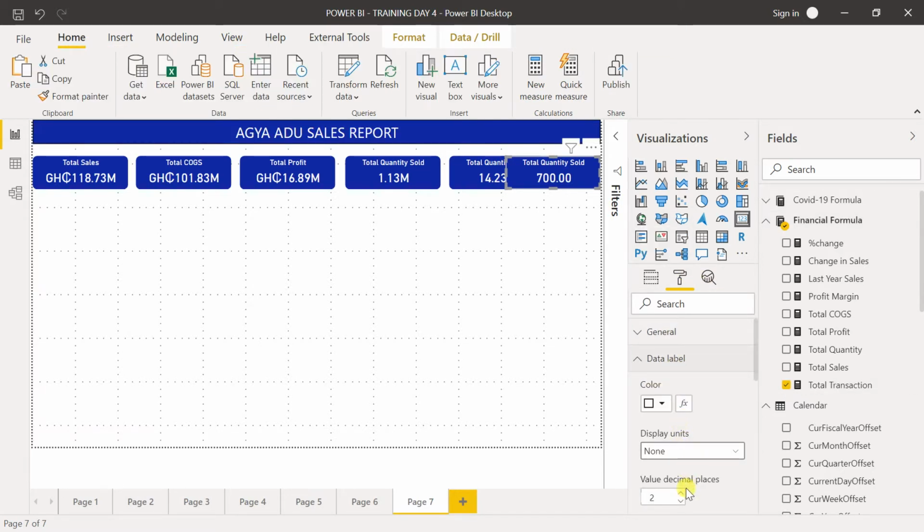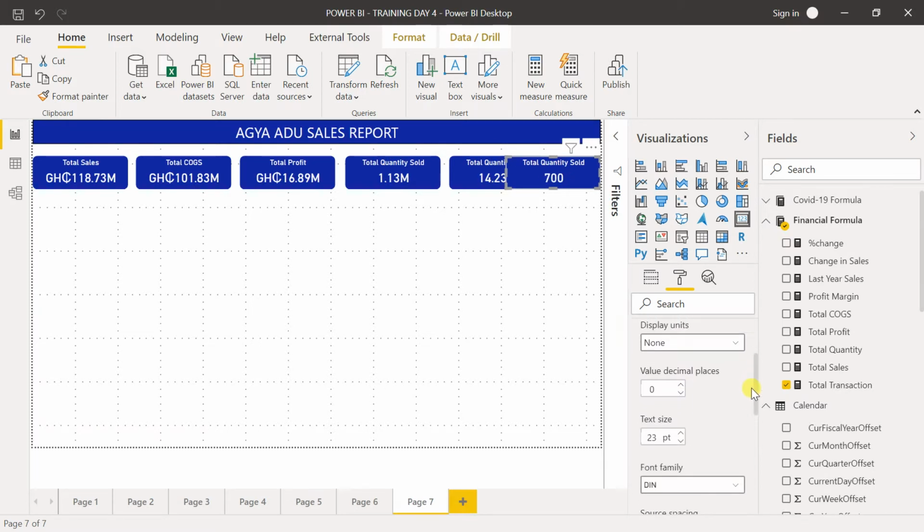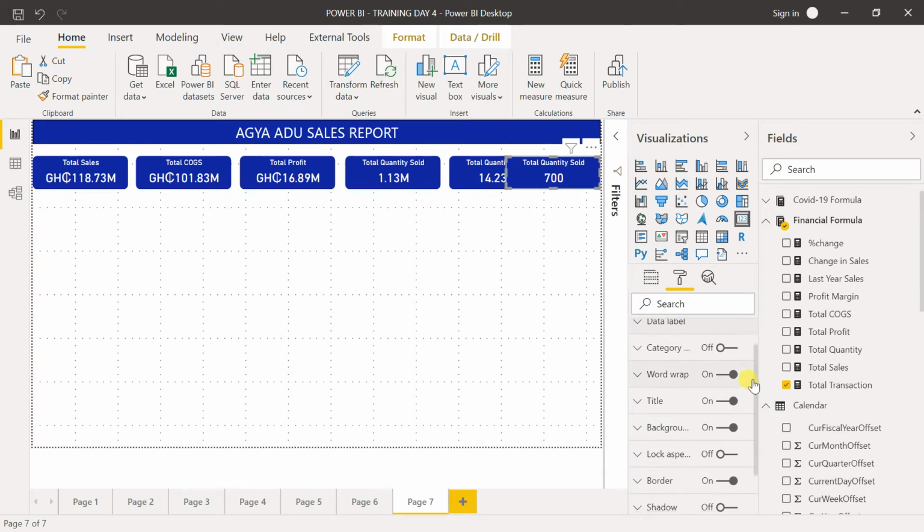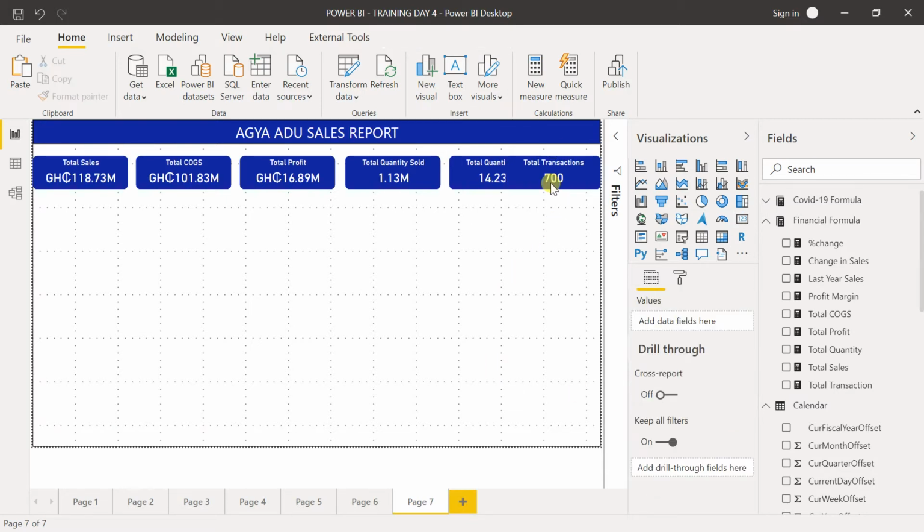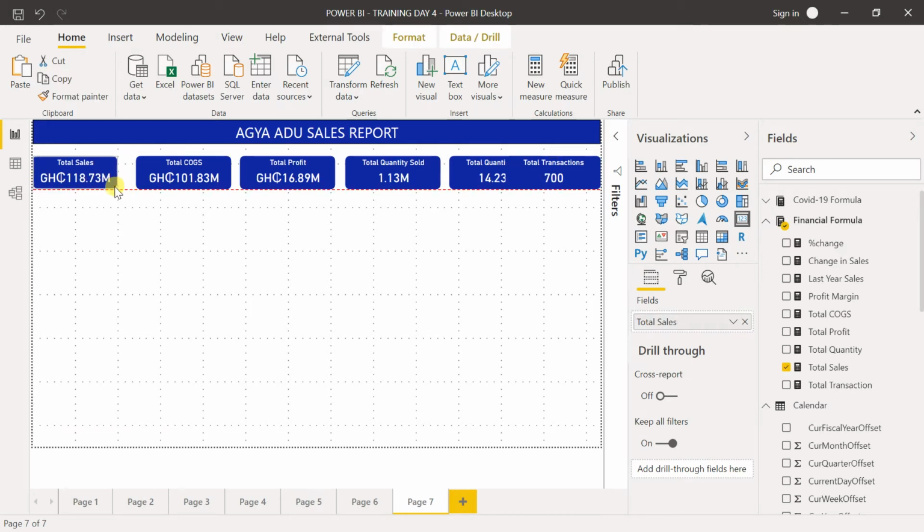Data label, no decimal places. Let me go to my title and now call it total transactions. All right, so now we have a problem here. We might have to resize our cards to accommodate. I can do this, or to make sure that the sizes are the same, I can just